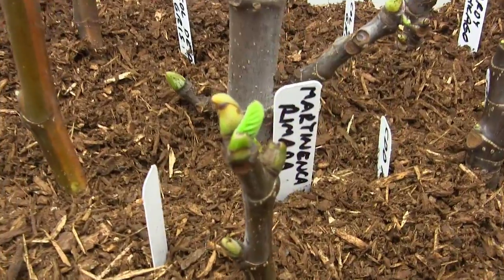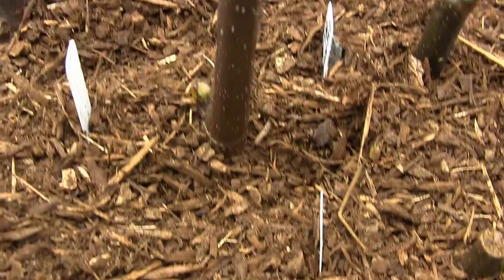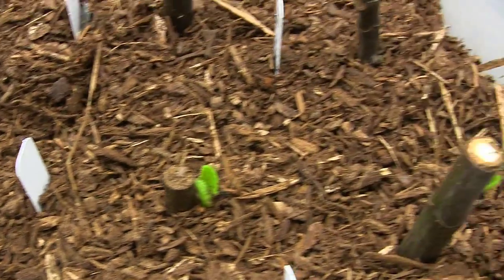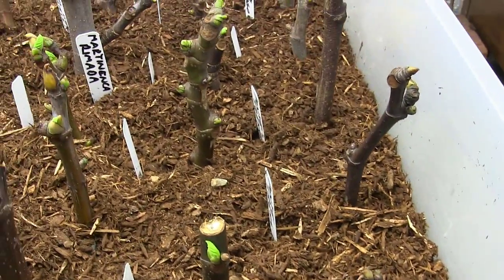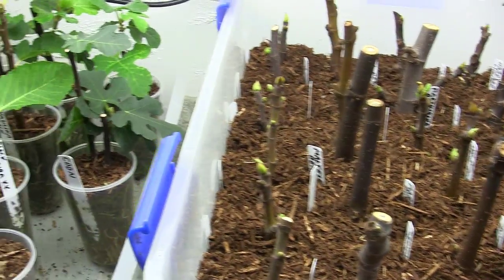I showed you that Martinica ramata right there. The leaves are starting to come out. Little Smith fig wants to grow some figs. Everything is starting to wake up, and I need to get these guys out of here and put them into